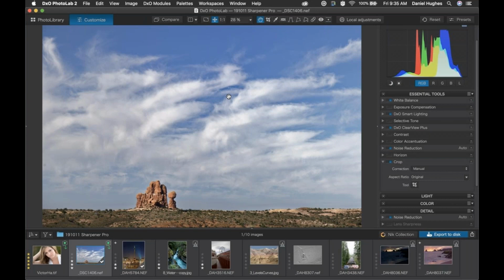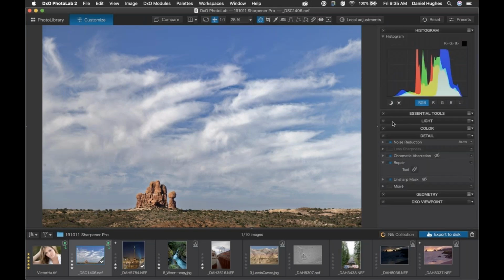So DxO has created these camera modules that allow us to optimize the image as much as possible. And where that comes into play in our discussion here is the detail module on the right side